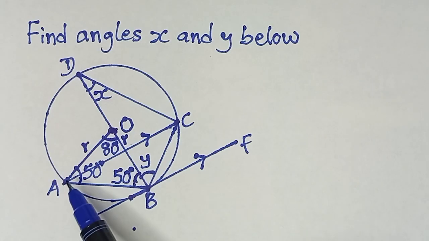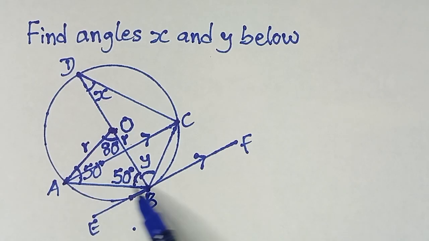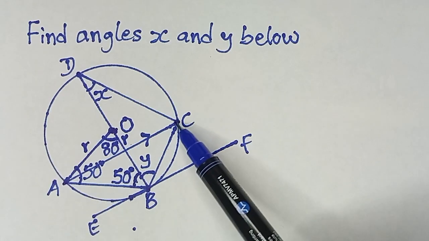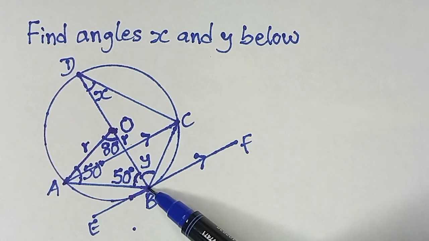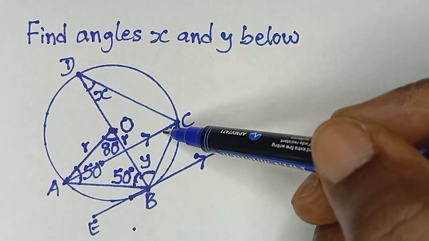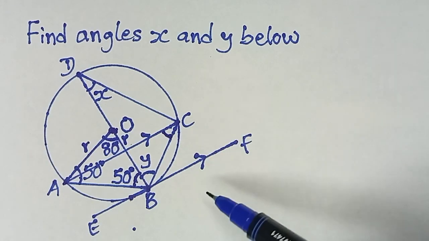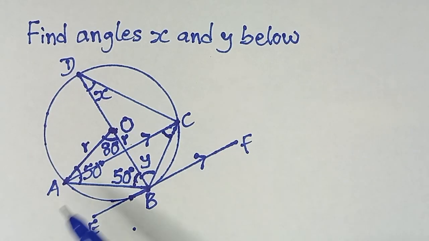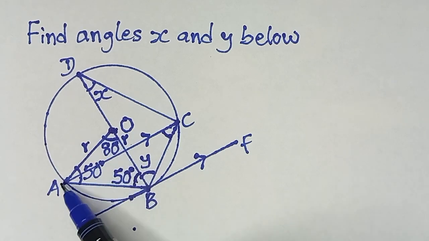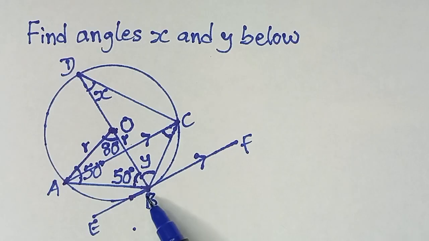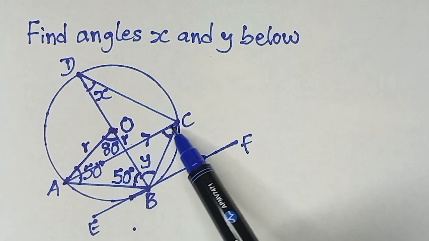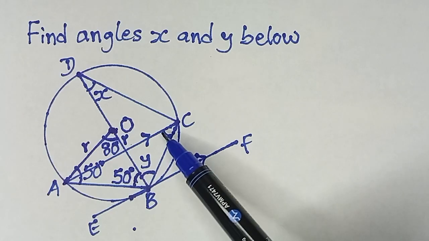Then, in the same way, from the same two points A and B, you will agree with me that I have this line AC and I have this line BC. The two of them together make this angle at the circumference of the circle. So they are coming from the same points A and B. I have two lines going to the center to form 80 degrees. And from the same points A and B, I have two lines going to the circumference here to form this